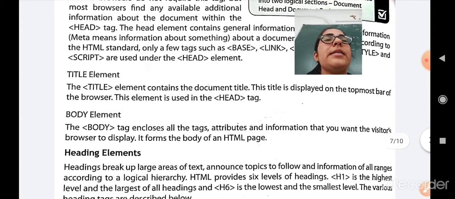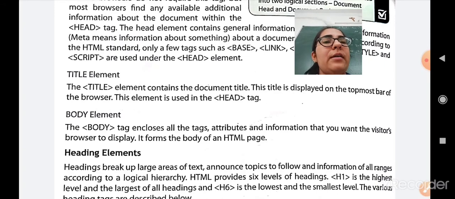Next is the title element. The title element contains the document title. This title is displayed on the topmost bar of the browser. This element is used in the head tag. So the title element is used inside the head tag and it is used to give the title of a document. The last is the body element.